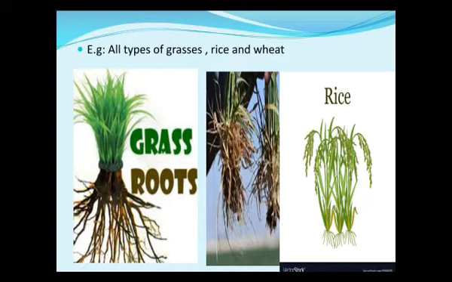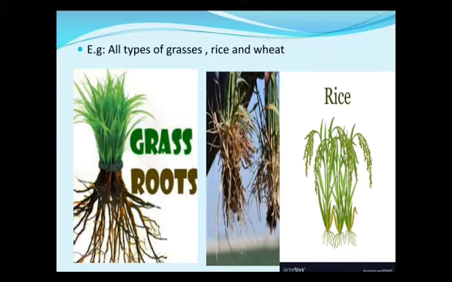For taproot and fibrous root, one more activity you can do. You can take out a small rose plant or marigold plant if it is in your vicinity. Just dig out the plant very carefully, and then wash the roots. You can see the kind of root.